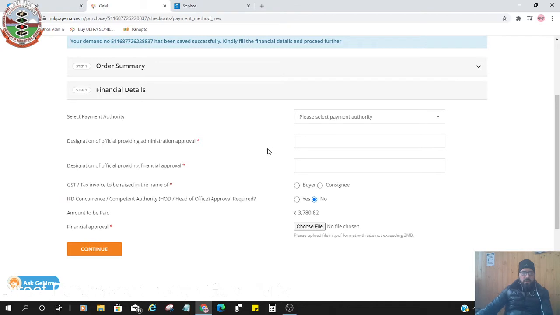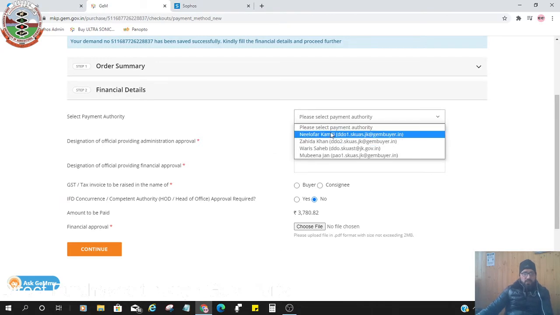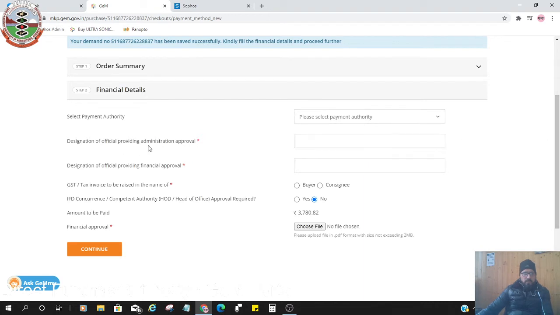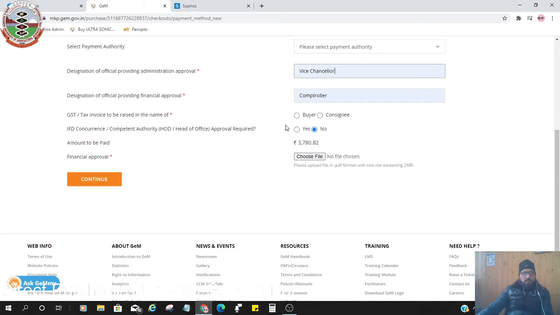Okay, here you have to select your DDO. Some DDOs have been fed in this system, and you will give the administrative approval from which you have sought approval for the purchase of the product. There is financial approval, you just have to name it. And for GST and tax invoice to be raised in the name of, you have to select whether buyer or